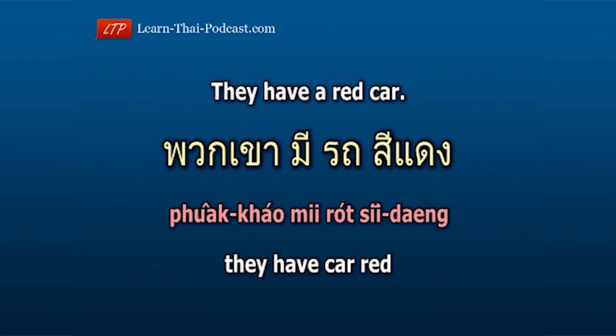Another example. They have a red car. พวกเขามีรถสีแดง. They พวกเขา, have มี, car รถ, red สีแดง. They have car red. พวกเขามีรถสีแดง